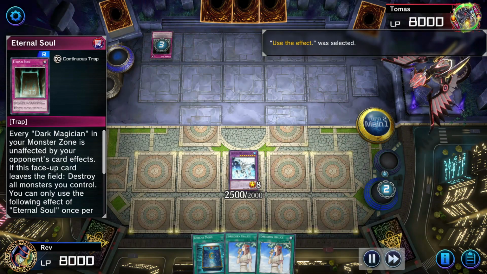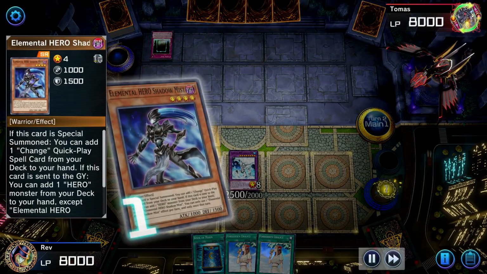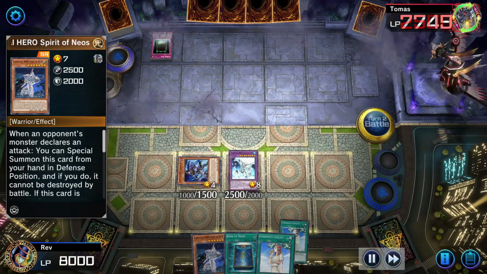Ooh, so I'm going to special summon Shadow Mist, but then the Eternal Soul, which is fine, I believe. They must have a Dark Magician. Oh no, they just added a Dark Magic attack at 1,000 knives. My one scare was like, oh god, you have a Dark Magician in hand, don't you? And we pull Spirit of Neos. Battle phase, hit you for 25, and then we set one...